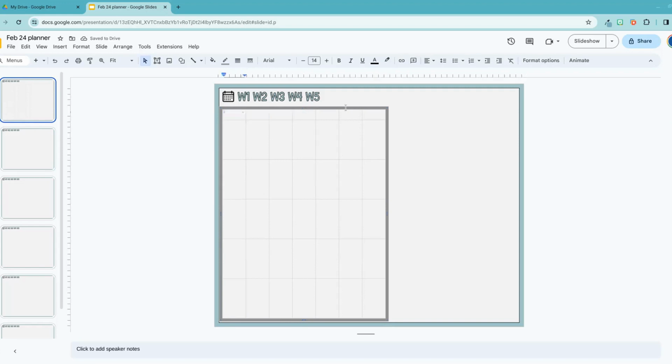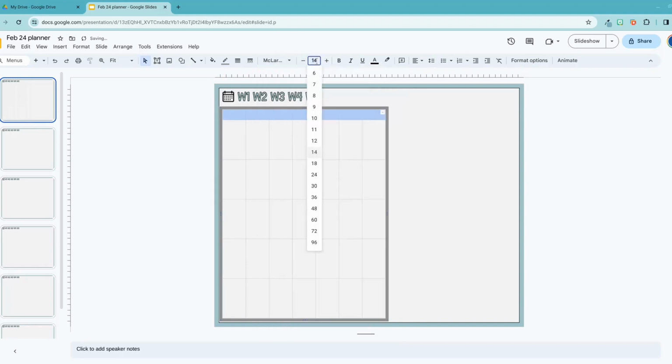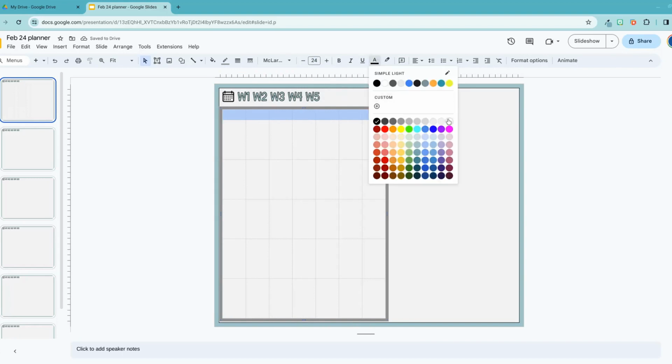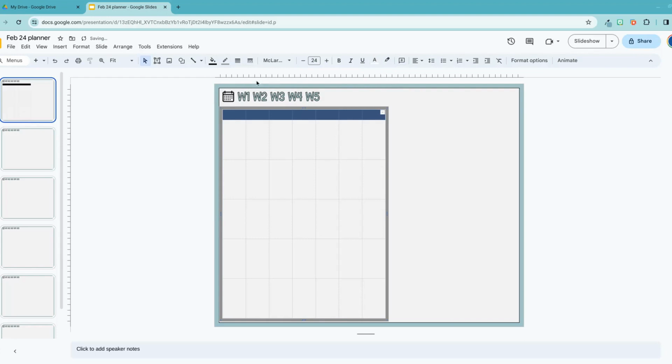And then I'm going to highlight them all, set the font again to McLaren. I'm going to change it to 24. And then I'm going to change the text color to white because the fill is going to be black. Lastly, I'm going to make sure that they're centered in the cell and then centered again within the cell, and bold. So I'll come in here, type in my days,